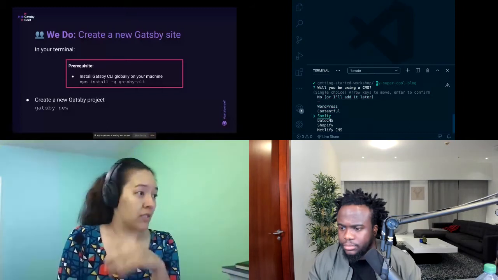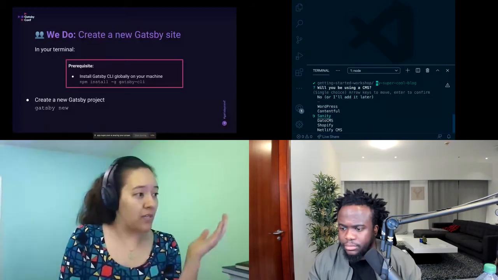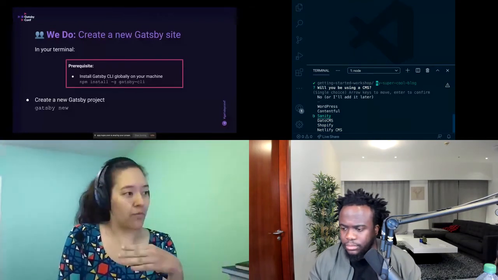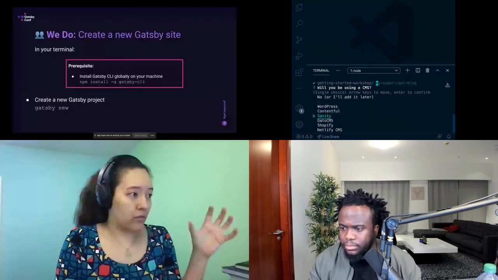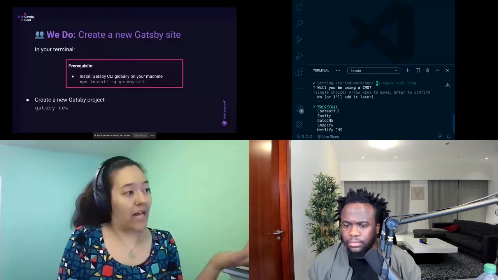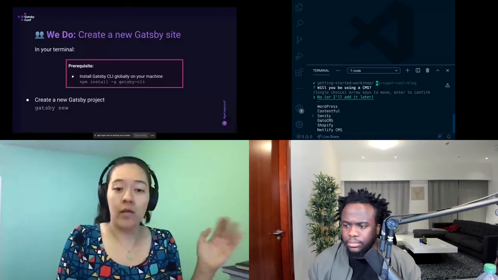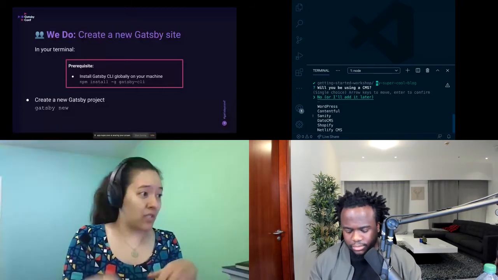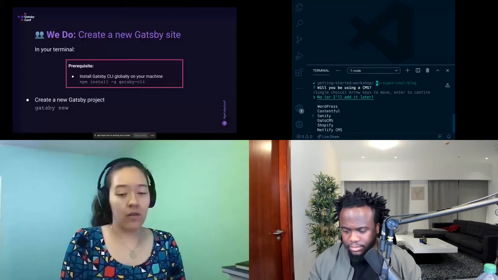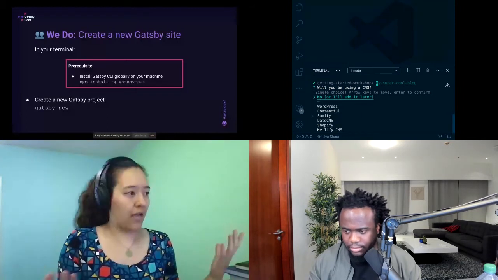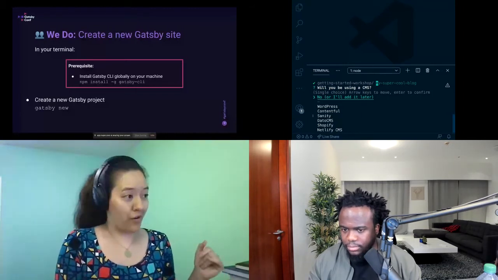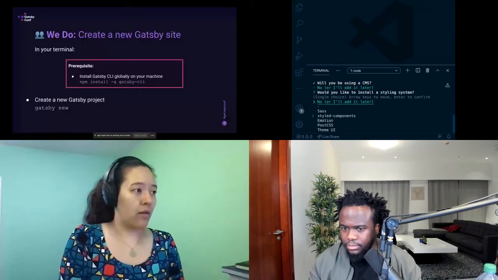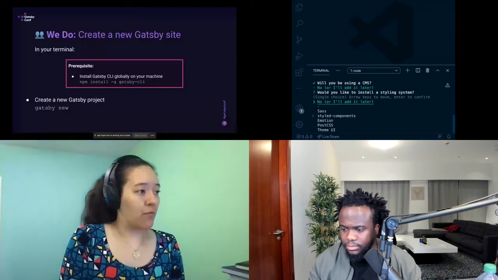So if you select some of these, then Gatsby will change which, they're called plugins. We'll talk more about them later, but it'll change which integrations and extra features that it'll add into your site from the get-go. So in the future, when you want to set up sites, you can use these to get started more quickly. For today, since we're just learning and I want to show you how these things work under the hood, we're just going to skip over these for now. So I'm going to say no, hit enter. Same for this. I'm going to say